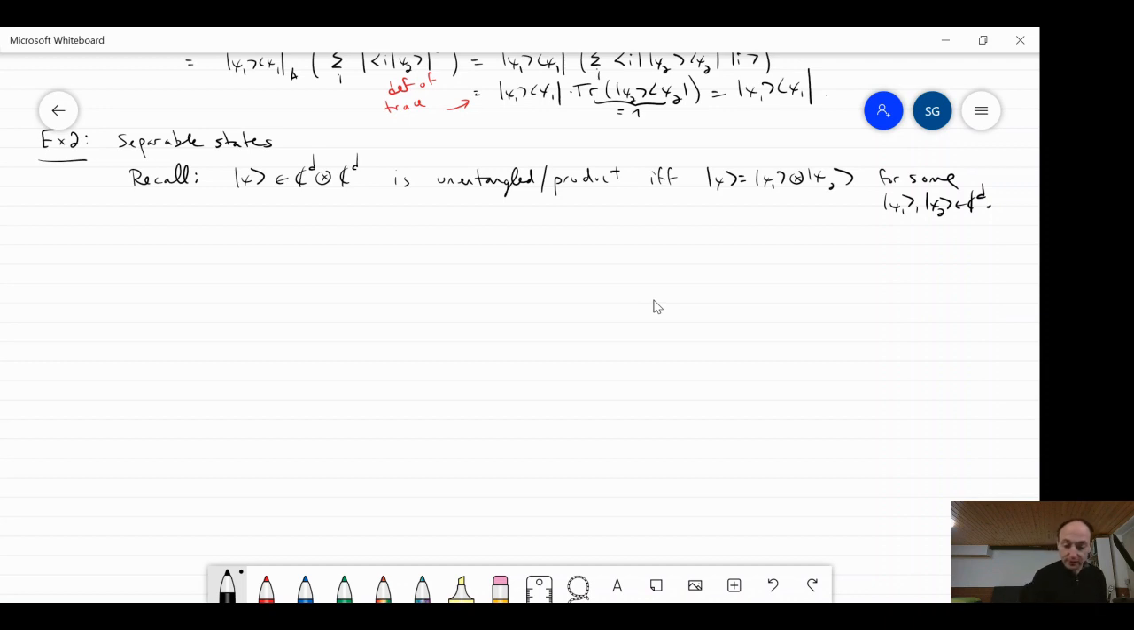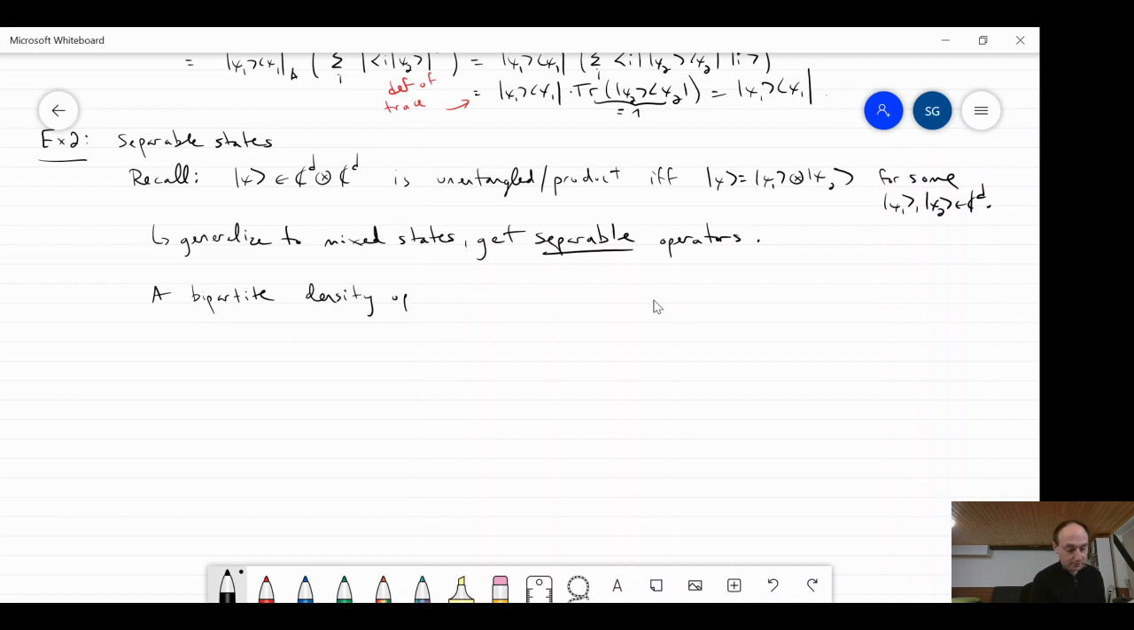And what you'll get is that, if we generalize to mixed states, then you get the so-called separable operators. Okay, and these are also important. So we say in particular, a bipartite density operator, rho, which is a linear operator, let's just say the dimensions match, is separable